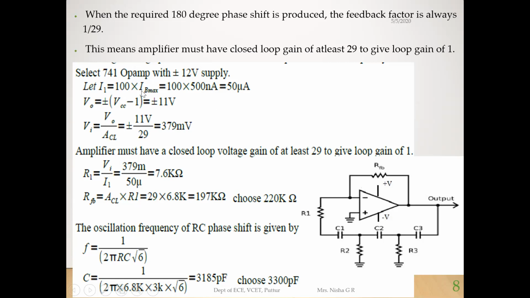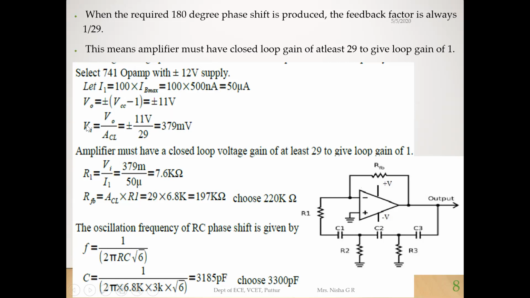So what is IB max? The maximum bias current is 500 nano ampere for 741. So I1 is 100 into 500 nano ampere, which is 50 micro ampere. And we know the output voltage is 1 volt lesser than the supply voltage, so V naught, the output voltage, is plus or minus 11 volt.